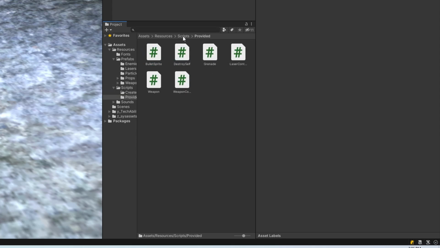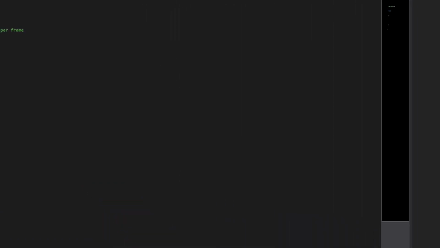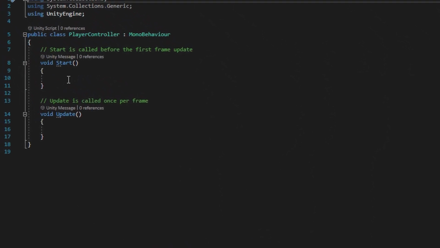Like here's the scripts that we're providing, but we're gonna move player controller into this created folder. Once you've got it moved, we can go ahead and double click on it here and open it up. And we've got our default class here is what this is called. It comes with this void update and this void start function, as well as what this is called as a